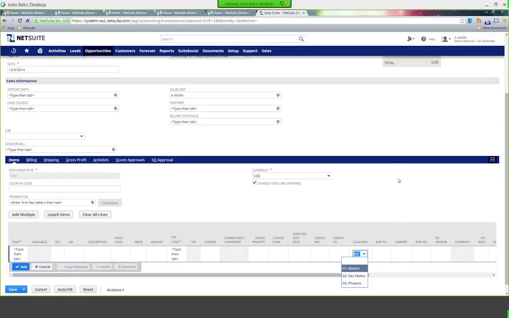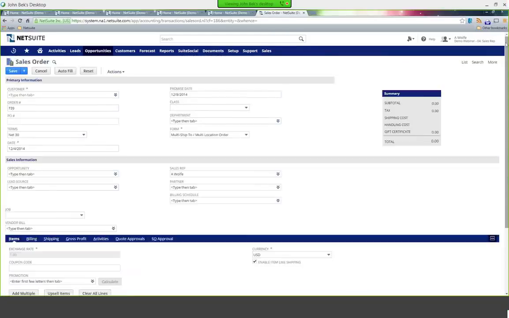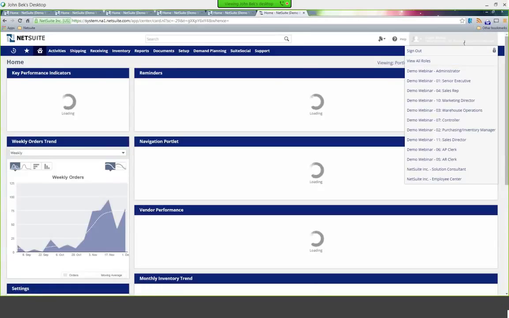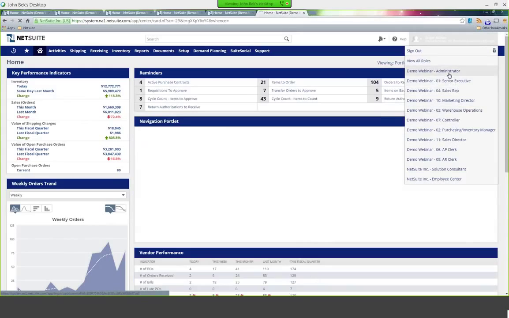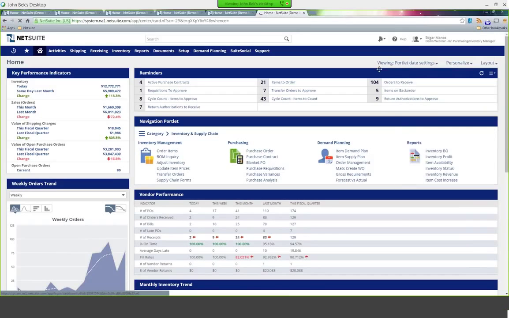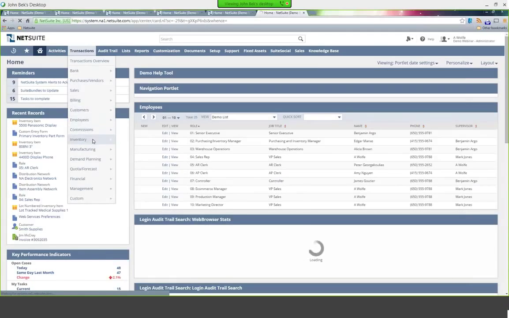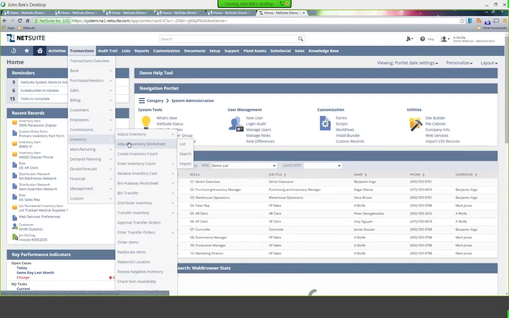One of the other things that we might want to do on the buying side in terms of managing those, and I'll just flip over into purchasing. Actually, let's flip over into the admin role very briefly. Administrator. Is pull up transactions and inventory. You notice I'm using the menu structure now in this case, and look at replenishment locations.